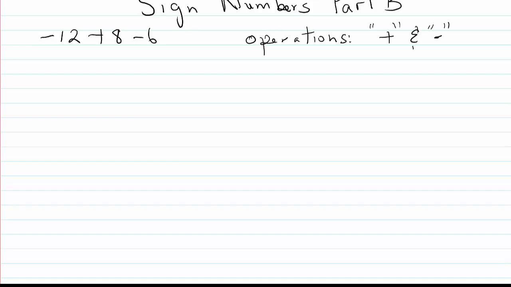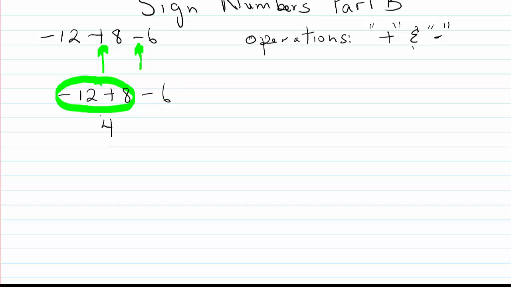So -12 plus 8, I will work these two first. If the signs are different, we subtract and take the sign of the larger magnitude, which will be minus. I then bring down my -6, and now I work these two, and that gives me